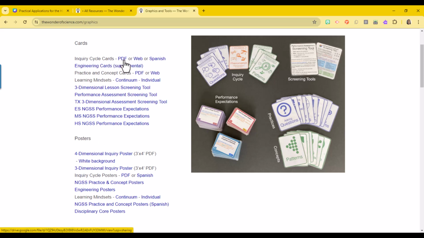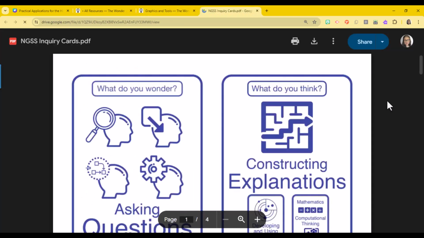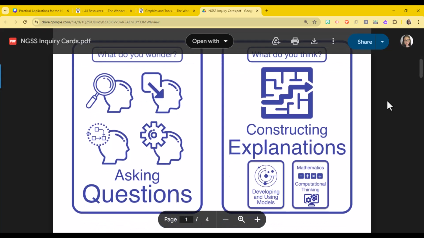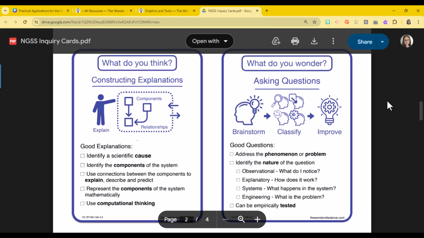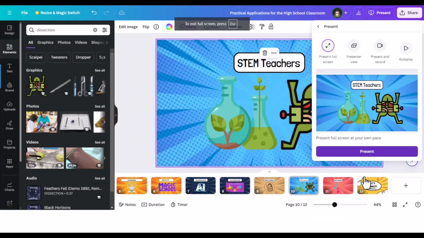These inquiry cycle cards are super cool. Here it shows the front of the card would say, "What do you wonder?" asking questions. And then the back of the card gives a list of good quality exemplar questions to ask. So identify a scientific cause. It gives you steps. It gives you a checklist. And who doesn't love a good checklist? The next thing I want to show you